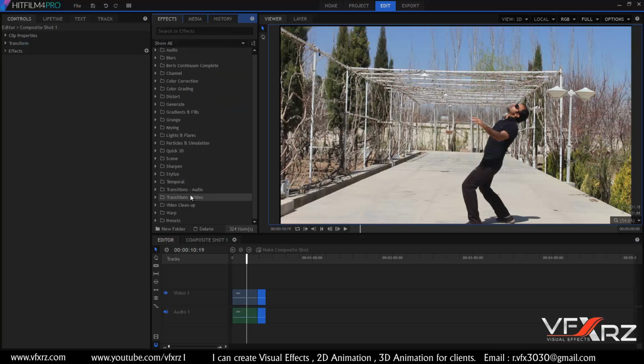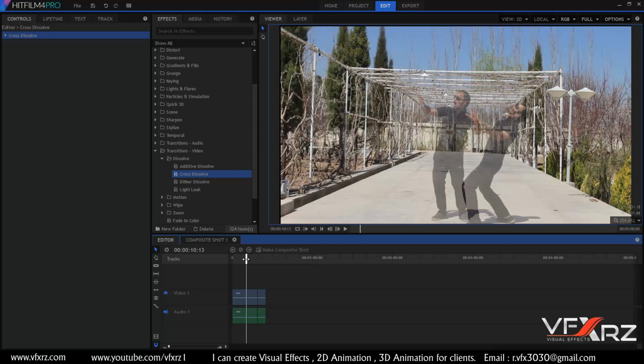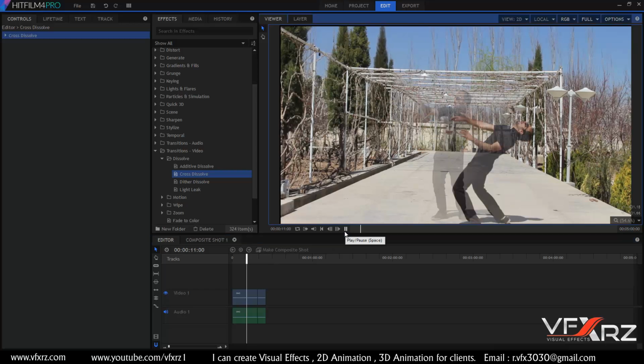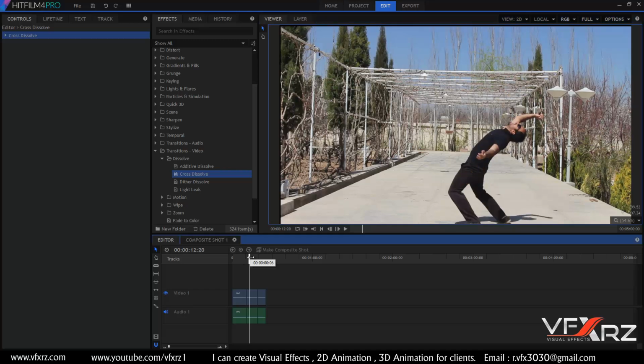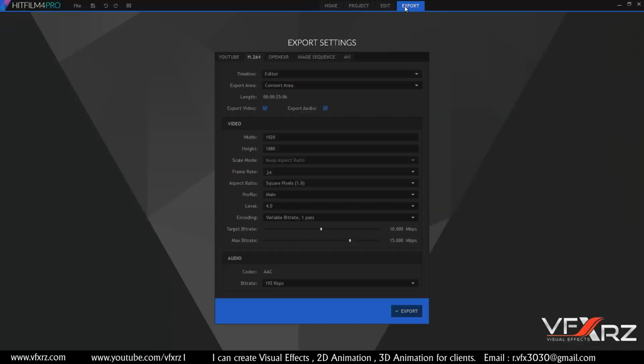And if you go to effects and in transition video, for example dissolve, drag and drop here, now when you play that, as you can see, it dissolves to the next layer, and here you can use that for editing. Very good. Now to export this video, you can go to the export tab, and here